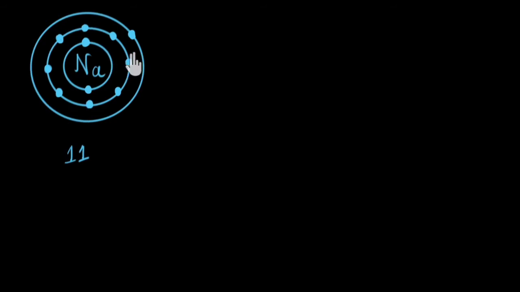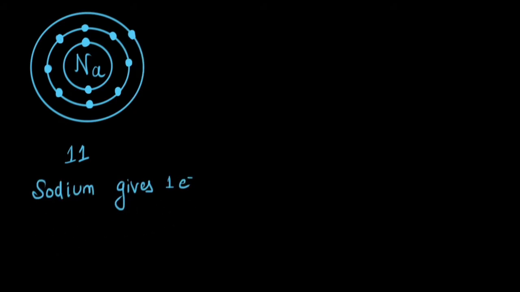What can happen is that sodium will lose the one electron in the valence shell. And now sodium's outermost shell will be this, the second shell, the L shell. And you can notice that this already has 8 electrons. So by losing one electron, sodium gets a complete octet. So when sodium participates in a reaction, it prefers to give away this extra electron to complete its octet. So sodium prefers to give one electron.